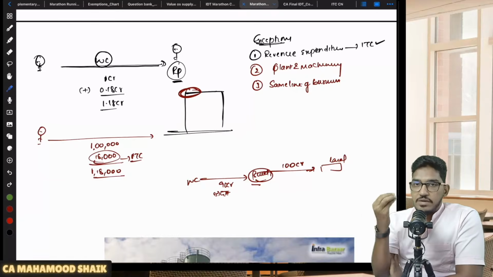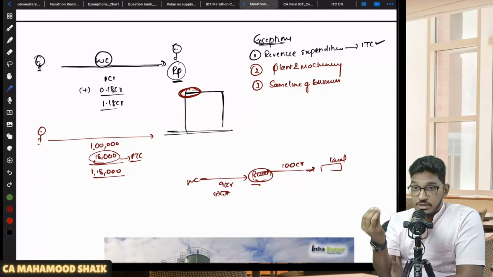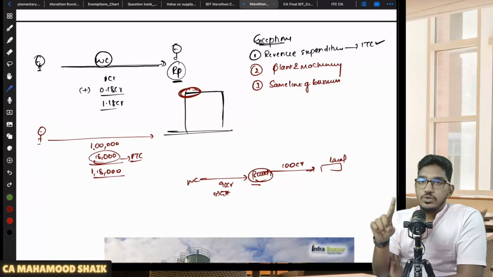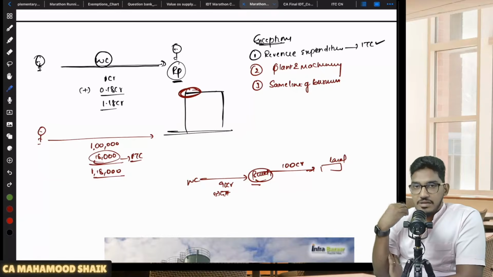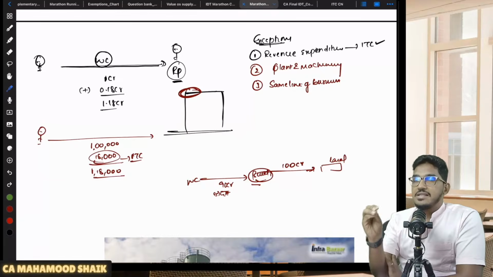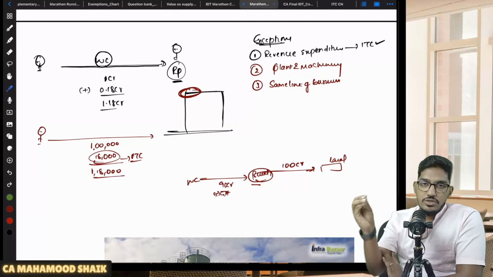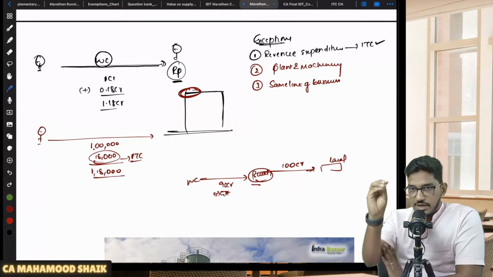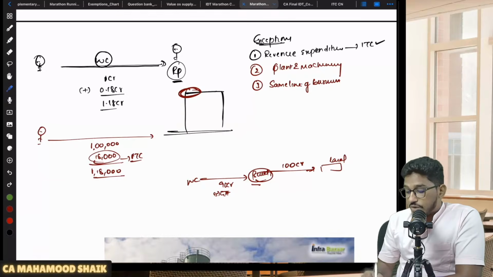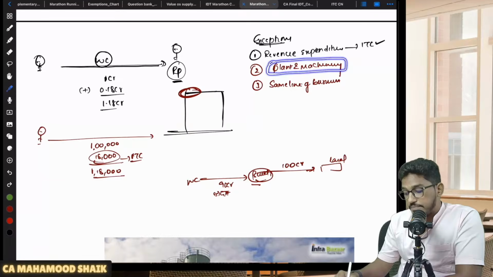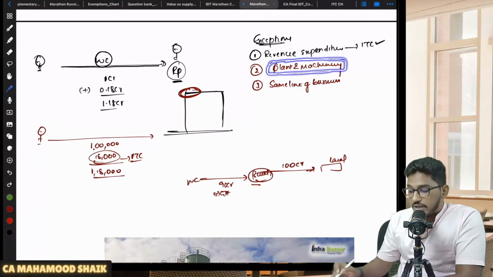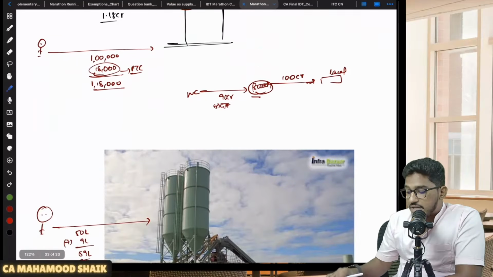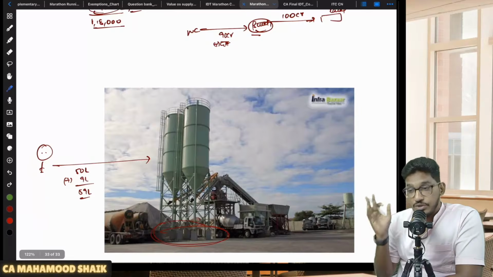So restriction is there only when that works contract expense is eligible for getting recognized as capital expenditure in the books of accounts of the recipient. Then only ITC will be blocked. In case that works contract expenditure does not qualify as a capital expenditure, if that is getting charged to the statement of P&L, on that no restriction is there, you can claim ITC. Similarly, you are receiving works contract services in relation to an immobile property, but if that immobile property is qualifying under plant and machinery definition, then you can claim ITC even though you are capitalizing it.